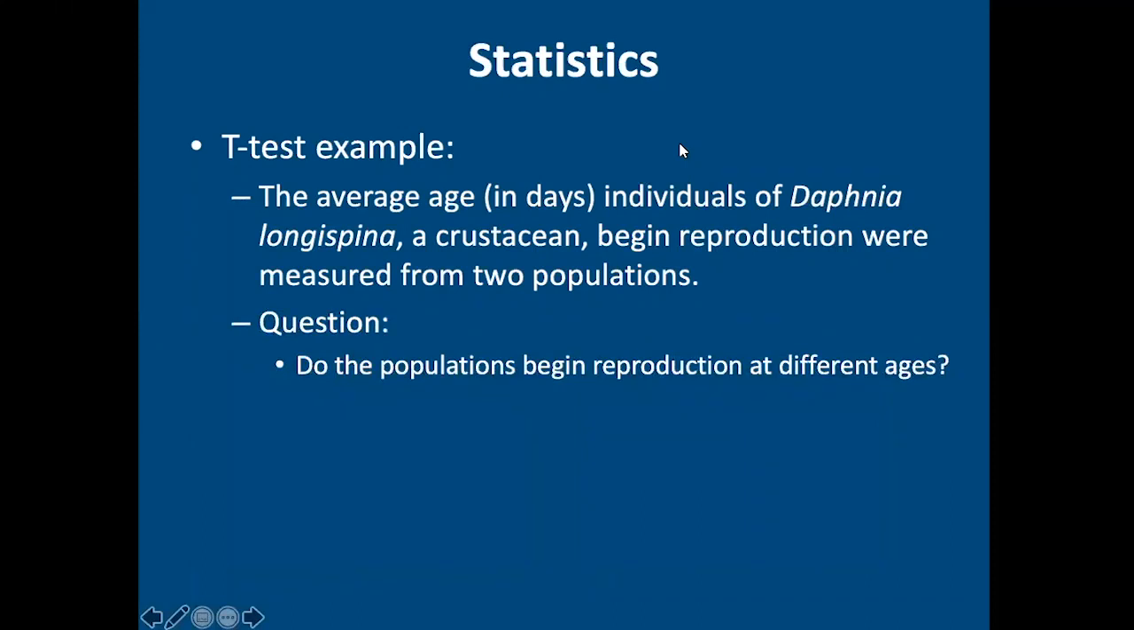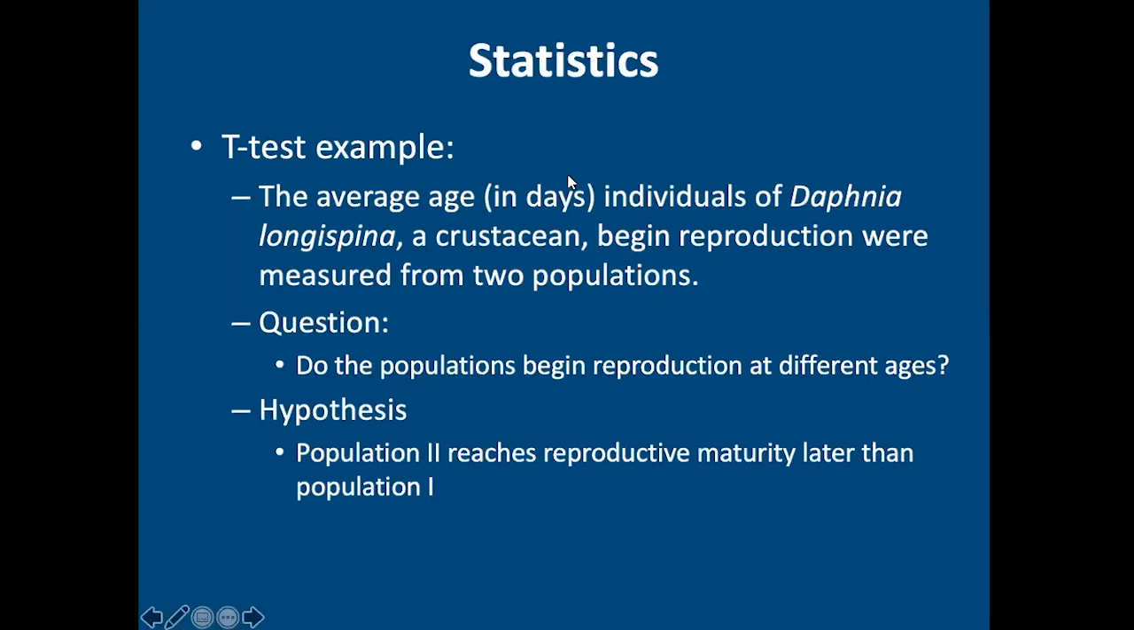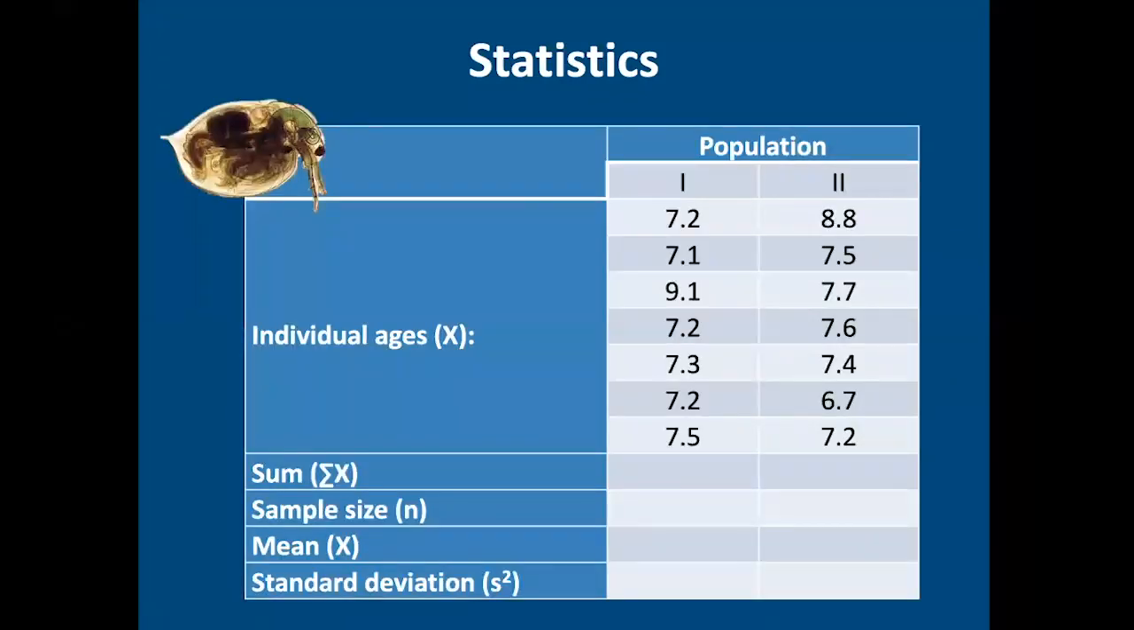Our research question is, do the populations begin reproduction at different ages? The hypothesis is that population 2 reaches reproductive maturity later than population 1. To test this hypothesis, we've collected the age of maturity in days for 7 individuals from population 1 and 7